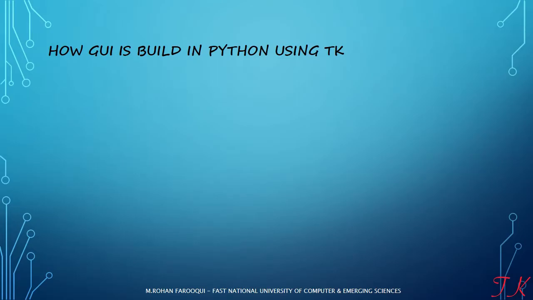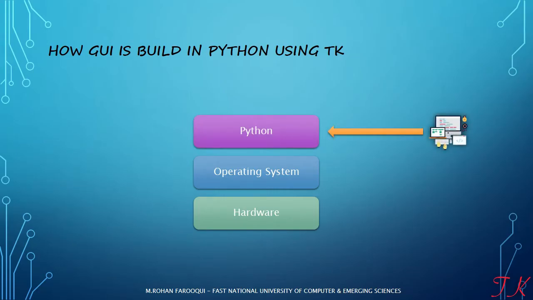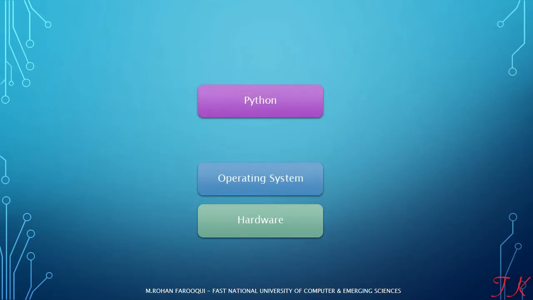As we know, in a computer system we have hardware, and over it we are running an operating system, and over it we are running a Python interpreter in which we write our computer programs so that we can control our hardware, and Python is controlling hardware with the help of an operating system. If we wish to build a graphical user interface using Python, then this structure is not sufficient. So here we introduce a fourth module, which is TCL and TK.